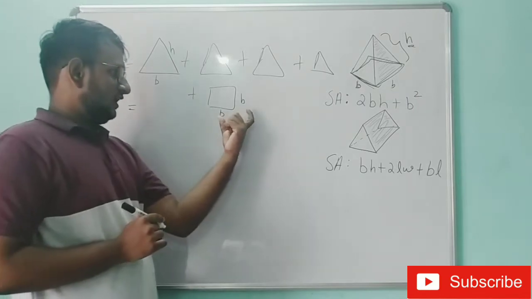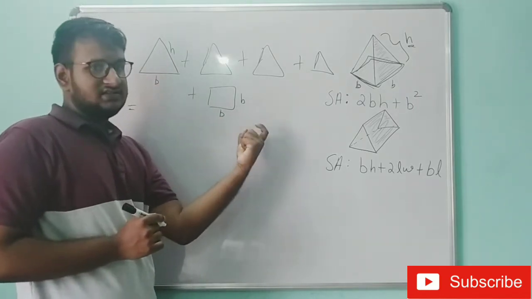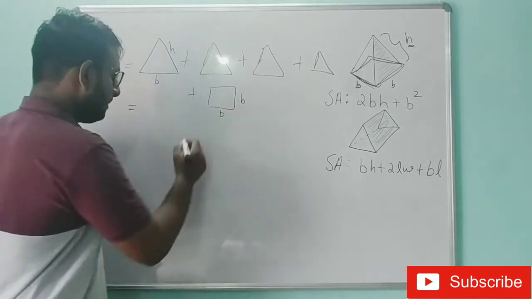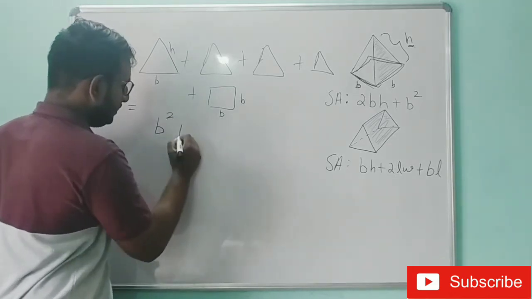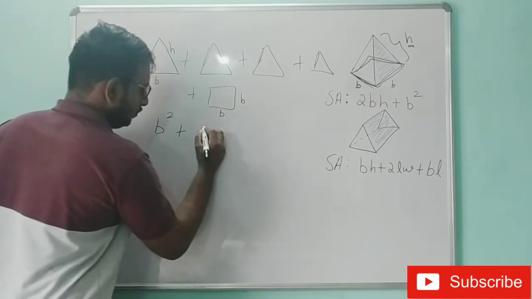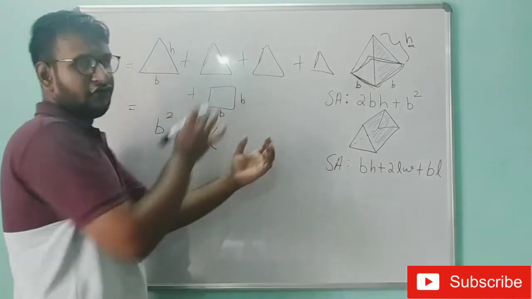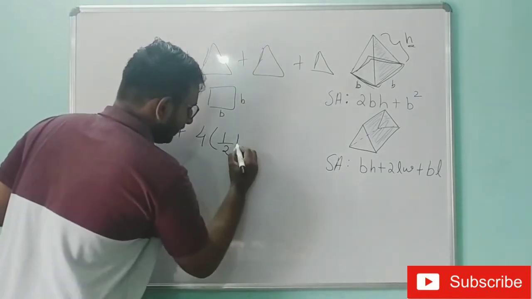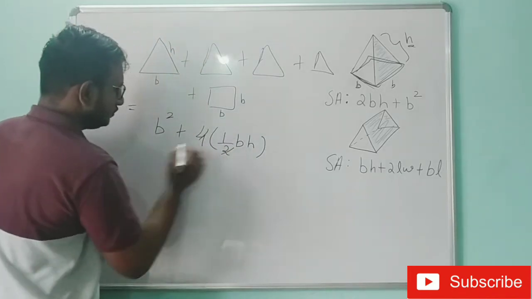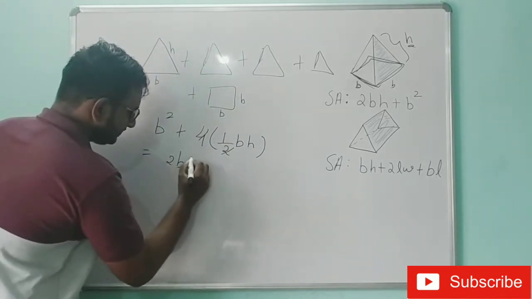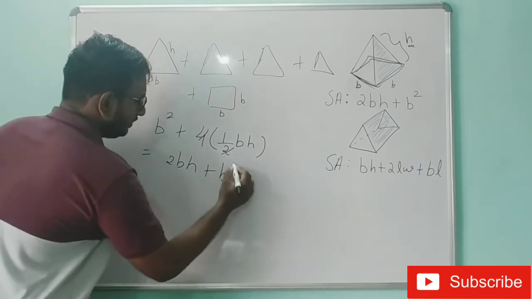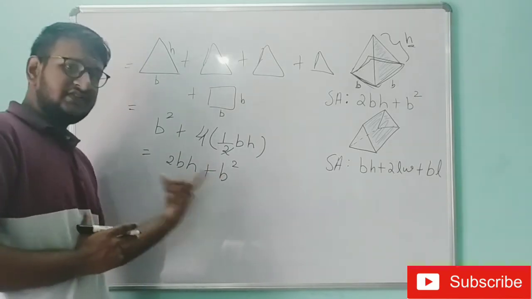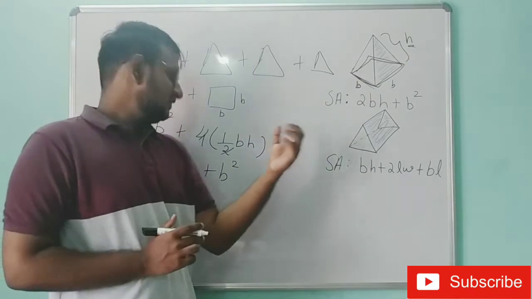So it is easy to say the area formula for square, that is a square, where the a is nothing but the base, that is b. So b square, we will write this first, b square plus we have 4 triangles. Okay, so 4 into what is the area formula for triangle which we saw in the previous video, that is nothing but half of breadth into height. So if you cancel this 2, we will get 2bh, that is 2bh plus b square. This is how we derived the formula 2bh plus b square. This is the surface area formula for pyramid. Okay, so this is the total surface area.